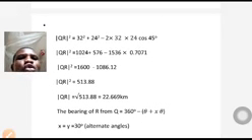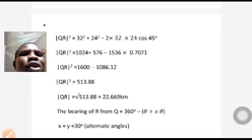Now you are looking for length QR. So you have QR squared is equal to 32 squared plus 24 squared. That is the two sides you have in the triangle, minus 2 times 32 times 24 cos 45 degrees. Now 32 squared is 1024 plus 24 squared 576 minus 2 times 32 times 24 gives you 1536. Cos 45 is